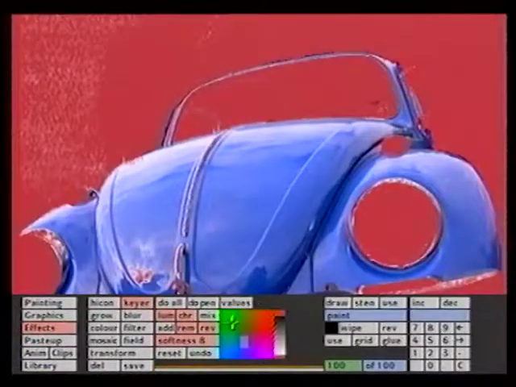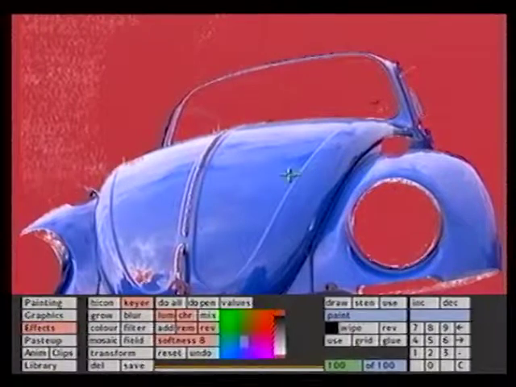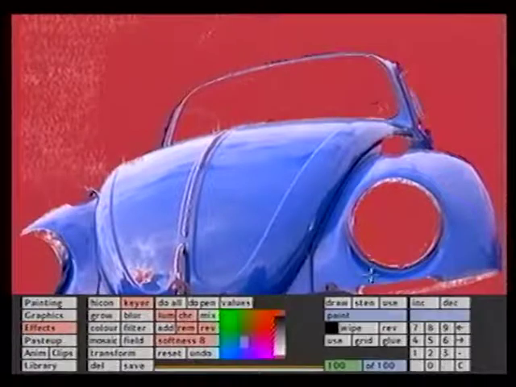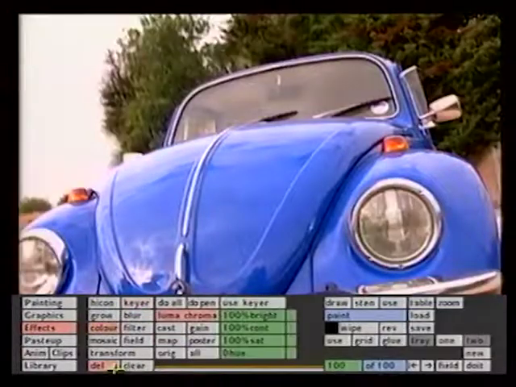I'll then reverse that key so that only the area of the picture not protected by the key is colour corrected. So I'll now go into colour